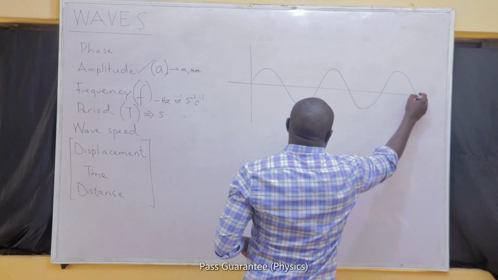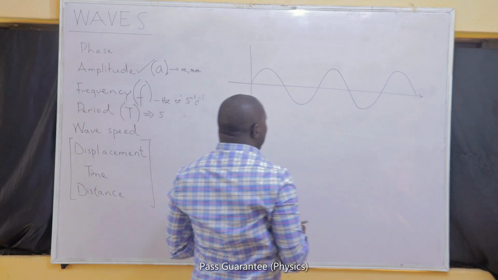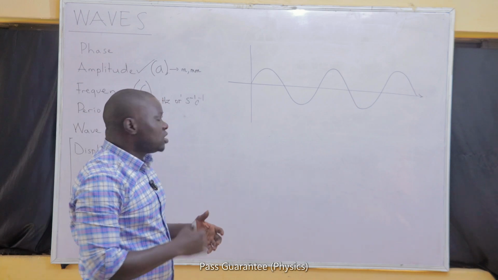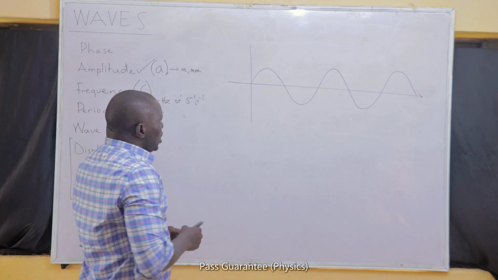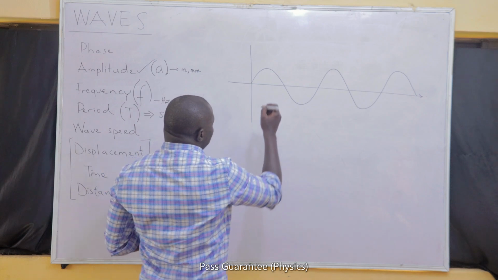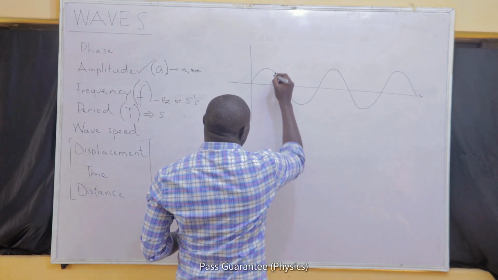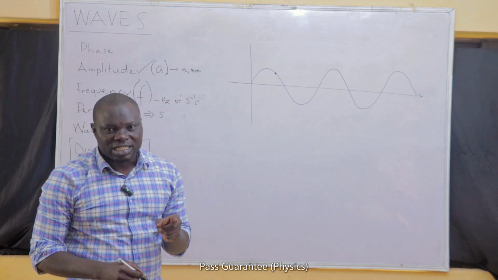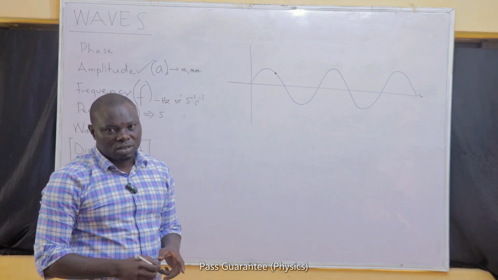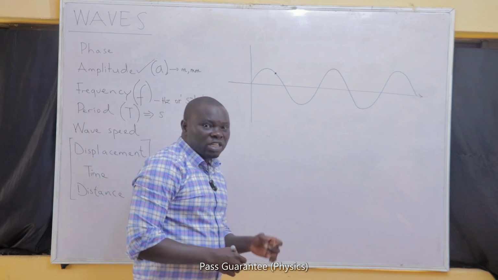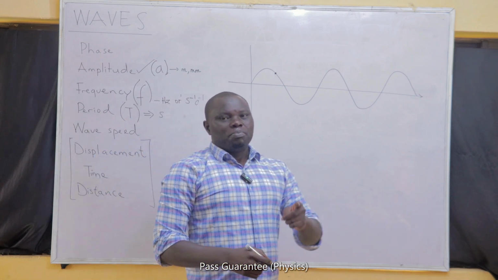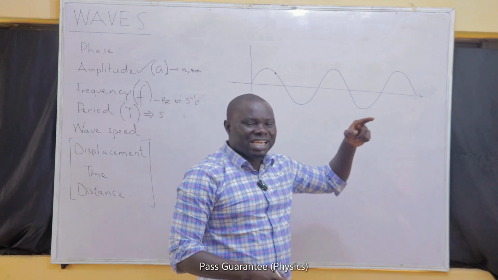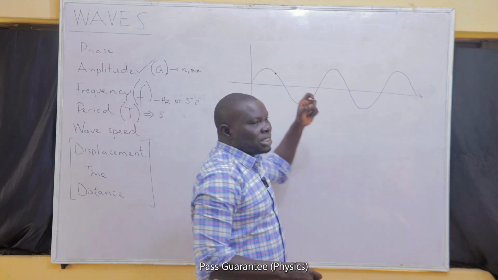Phase is a word that we can use to refer to two different points on a wave. If we have a point on a wave, that point has two properties. It has a displacement and it is moving in a particular direction. The point that has the same displacement and the same direction with it will be said to be in phase